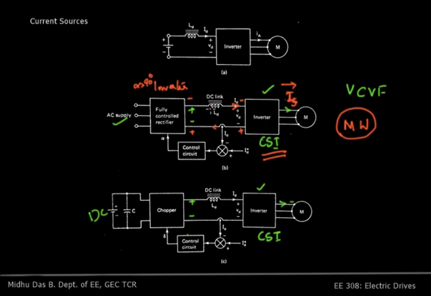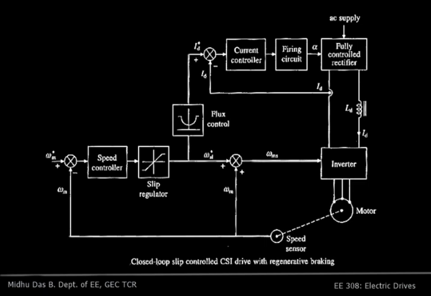Okay, so the most important point here is that DC link current cannot be reversed to give back power to the source. So in order to make these changes, you don't need a change in the converter stage, or you don't need an additional converter. The only thing is the firing angle has to be changed here, and the mode of operation of these converters have to be reversed. The inverter will become a rectifier and the rectifier will become an inverter when it starts regeneration. Now let us continue with the closed loop operation.